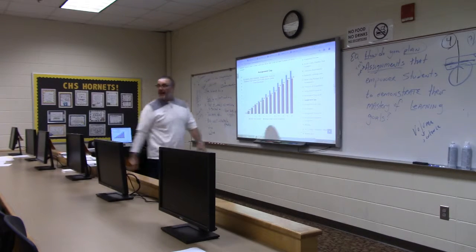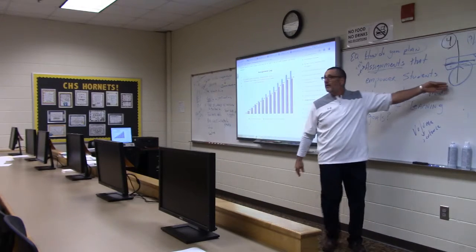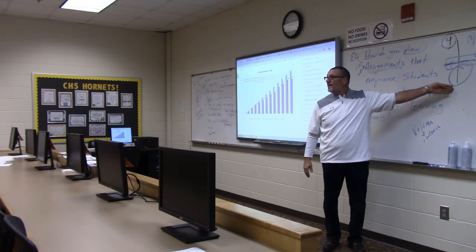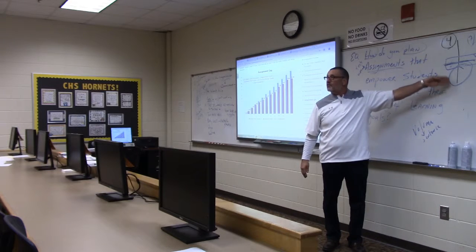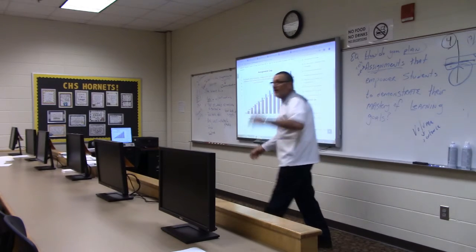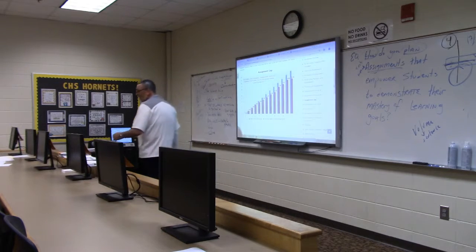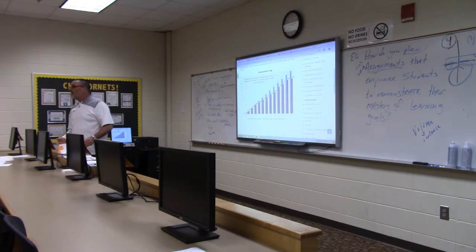Will there be kids down here? Heck yeah. But it's the same kids that are going to be down here if your standard was low. If your standard was low, they're going to be here. If your standard is high, at least you'll bring some with you. The ones that are going to be low are going to stay low. That's that apathy part. But we keep lowering it for them. And they still fail. So, you know, you got to draw the line of where you want to be. And that assessment and that assignment is like, look, I am going to put my foot down a little bit at a time. It's going to take a little bit to get them to move up.